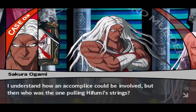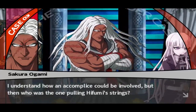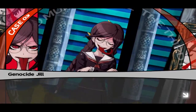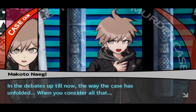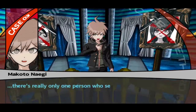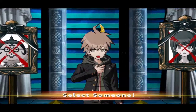I understand how an accomplice could be involved, but then who was the one pulling Hifumi's strings? That's problem numero uno right now. Yeah. The true killer manipulated Hifumi to carry out a number of actions and in the end murdered him. In the debates up till now, the way the case has unfolded, when you consider all of that, there's really only one person who seems to fit. Oh shit,